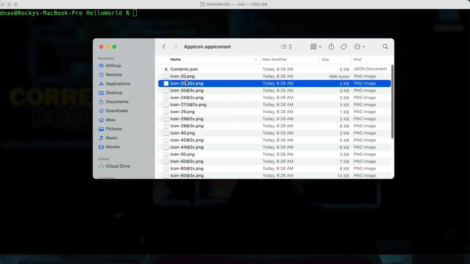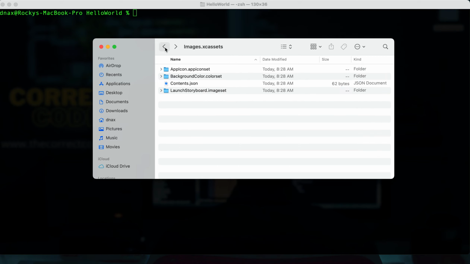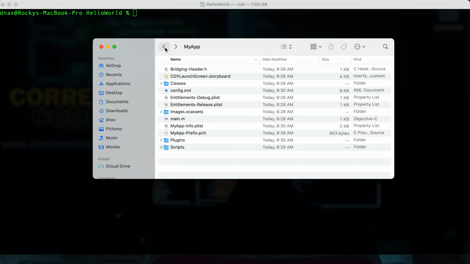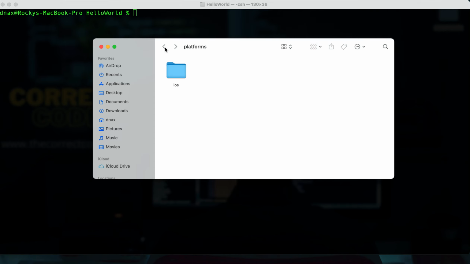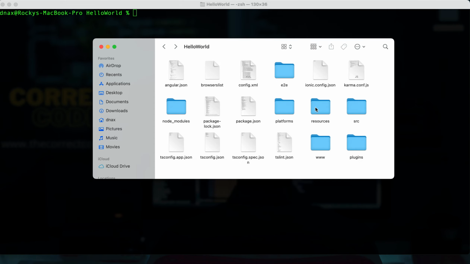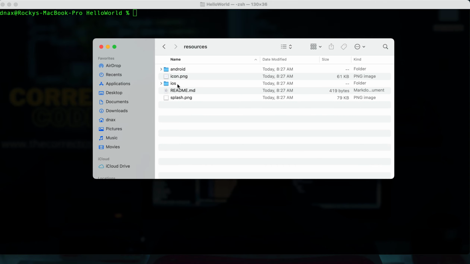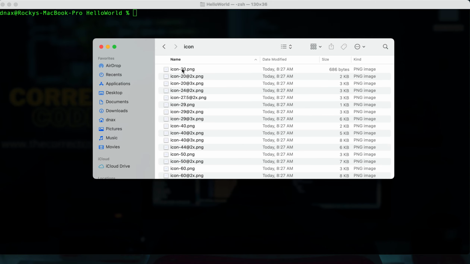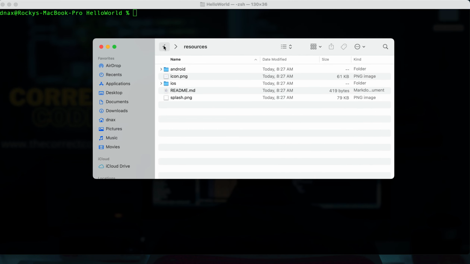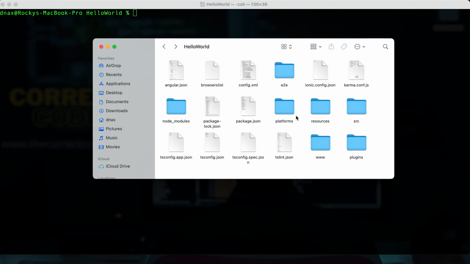We need to replace this. To replace this, we need to create a resources folder. So here we have the resources iOS, and these icons have been deployed there directly. Okay, so this is how you need to add the platform for iOS.